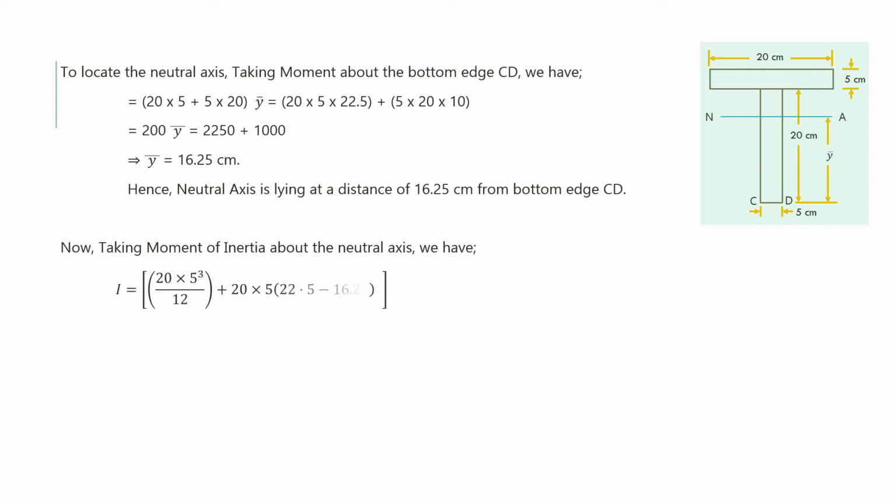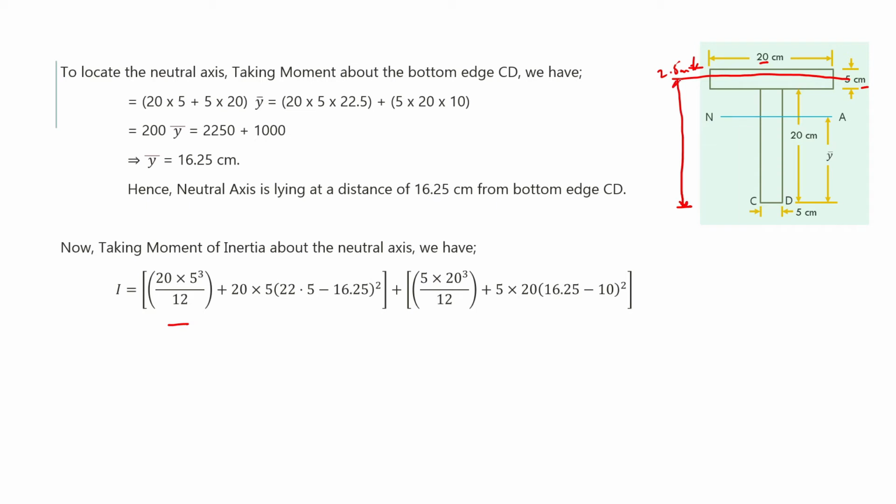The moment of inertia will be equal to, for the first part, b is 20 and height is 5, so bh cube by 12 means 20 into 5 cube by 12. This is the moment of inertia about its own centroidal axis. This is lying at the mid of 5, means from the top this is 2.5 centimeter. Now the distance of the centroidal axis from the bottommost point CD is 22.5